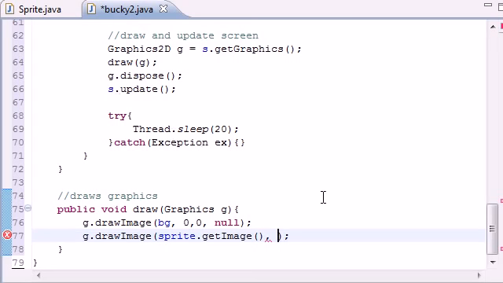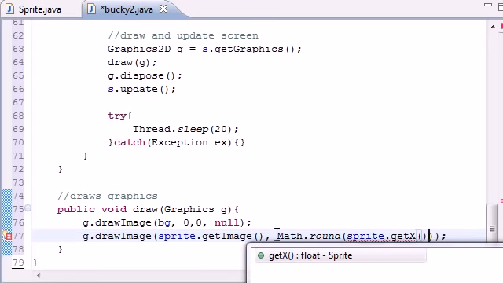Since this is going to be changing, we can't just type in 400, 300, because these are the values that need to be changing constantly. And what we need to do to this is actually round it off, since whenever we call getX and getY, it might give us a decimal point number. And if we say, alright, draw it at 1.3 pixels, it's going to be like, 1.3 pixels is either 1 or 2, make up your mind. So that's why we need to do Math.round,